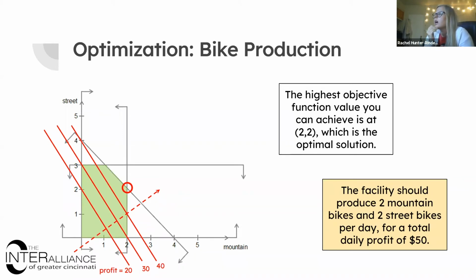So if you can picture the profit as being the z axis or the z variable coming out of the page towards you, can anybody picture the red lines as making a plane that sits at an angle and rises in the direction of the red arrow? Can we picture that, or is that too difficult to picture in 2D? Because if you could picture a plane, it's a plane because it's linear. It's just a sheet of paper, and it's going to increase in the direction of that red arrow.